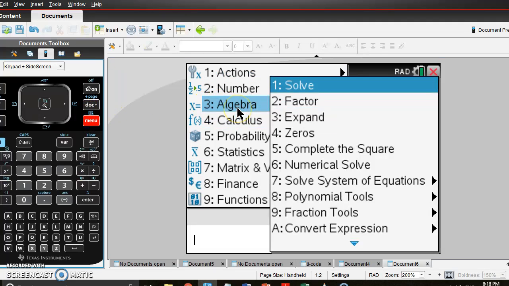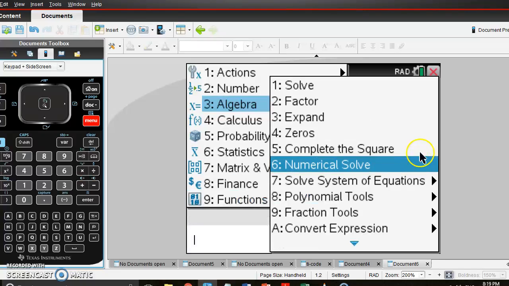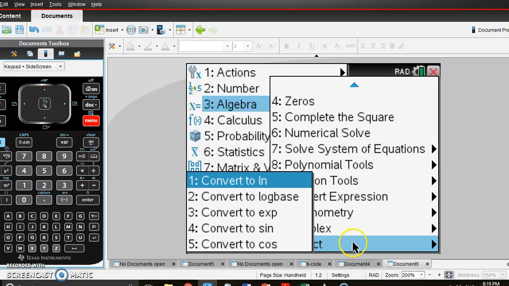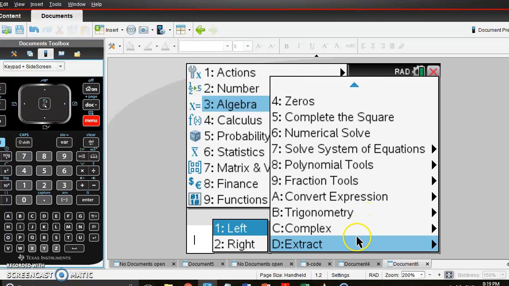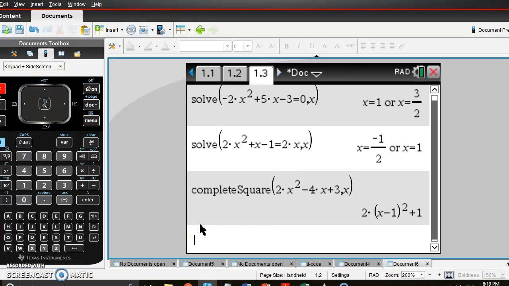Let's see, algebra, numerical style, polynomial tools, real fine roots of a polynomial, complex roots of a polynomial, equation of polynomial, greatest. Let's see. Change complex, extract. No, we don't have anything there. So it'll be a case of